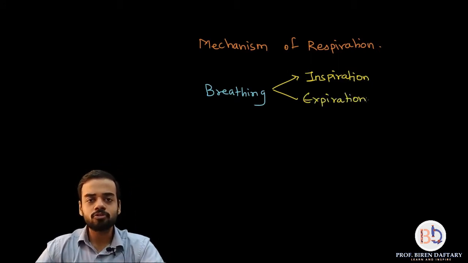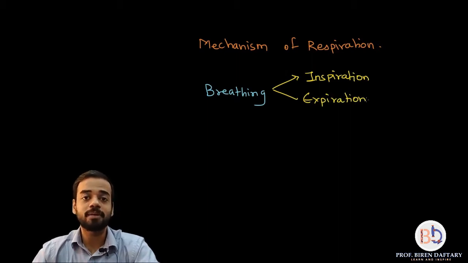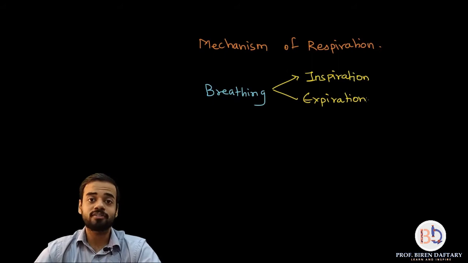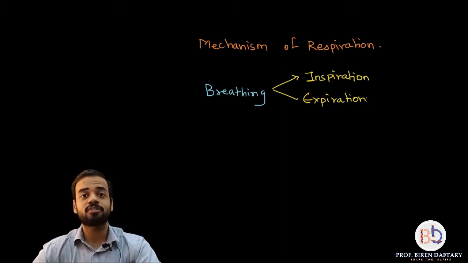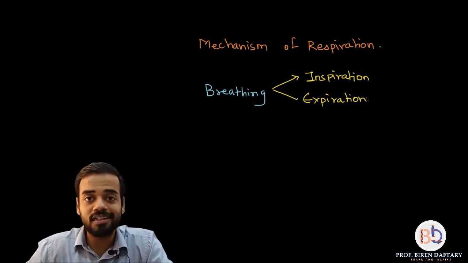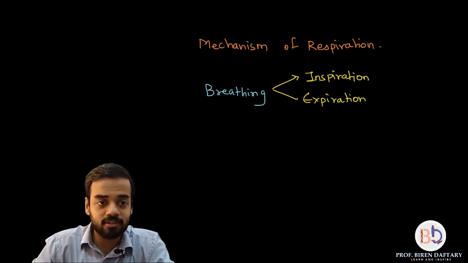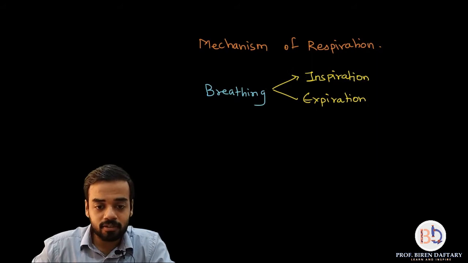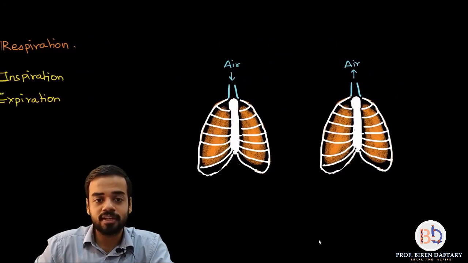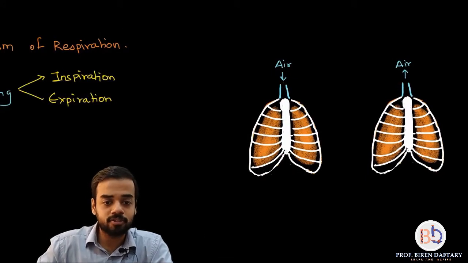Okay, so now basically we have to study the mechanism of inspiration and expiration, how it is occurring. What causes air to enter the lungs, what causes air to exit the lungs. Is this clear? So first of all let us start with inspiration. And we'll be making use of a diagram which is over here. I've already drawn this diagram beforehand. Let me rub this part off.